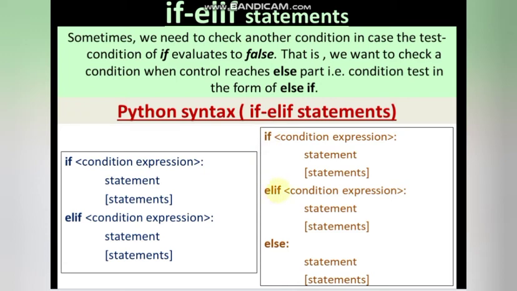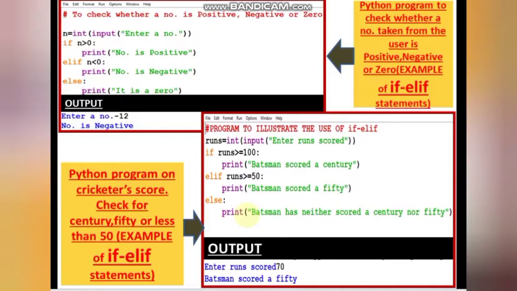Again inside else we have if. So again we are checking the condition. If this condition is true, these statements will get executed. If this condition is false, then these else statements will get executed. So this else is paired with this if, and this else, the else of elif, is paired with this if. So you have to remember this and understand it using programs and working out practically. These are very, very important.